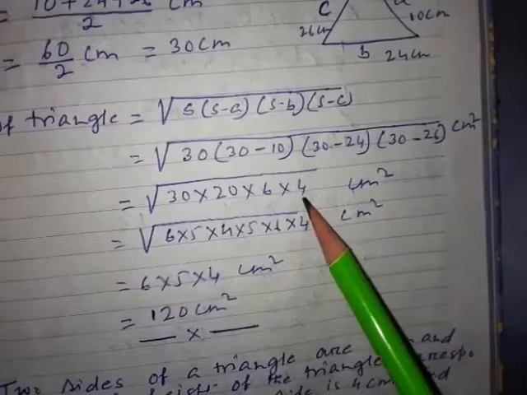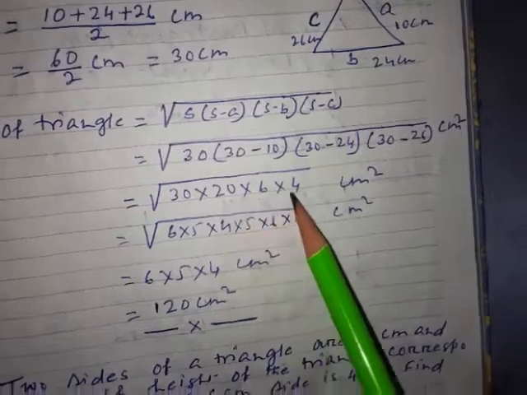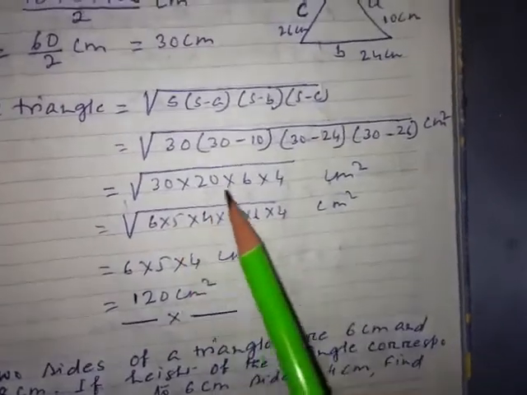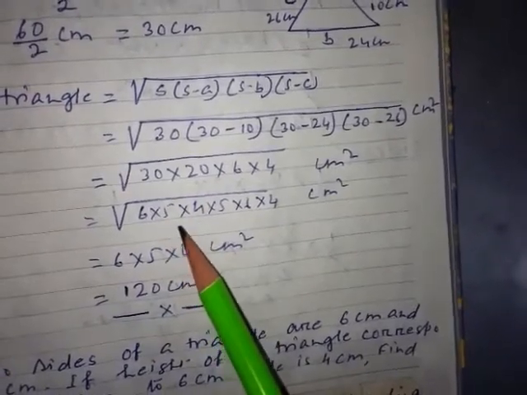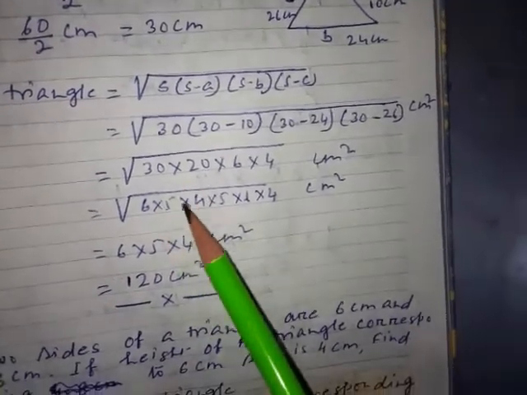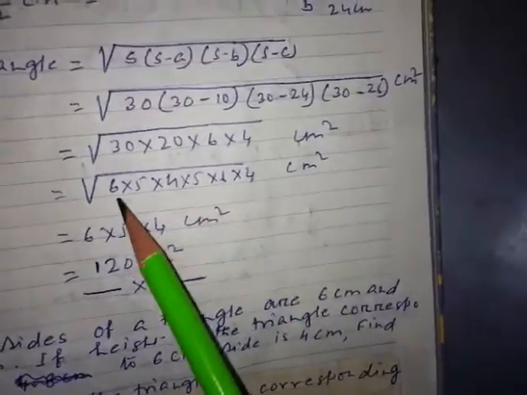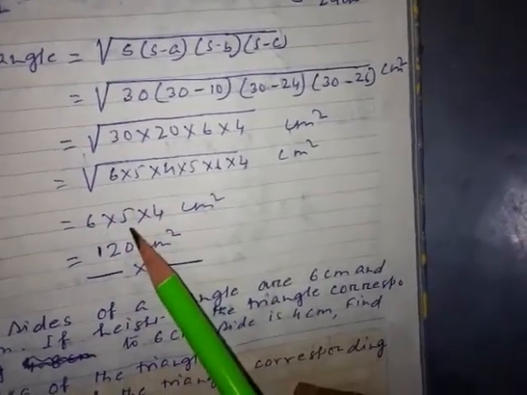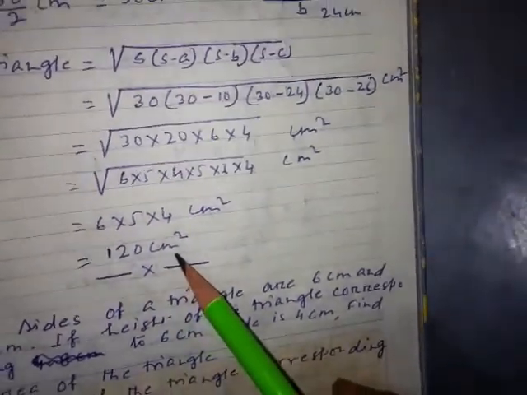And after doing the subtraction, multiplication and all, I got this answer: 30 into 20 into 6 into 4. Now what I did here, you can find out the factors of this one. So I found out the factors of this one according to my methodology, because I want the factors in pairs. So here 30 I have written as 6 into 5. You can do it by prime factors method also, there is no problem. 20 I have written as 4 into 5, 6 is there, 4 is there. Now 2 sixes are there, so 1 six comes out because under the square root sign, they are in pair. 2 fives are there, they are in pair, 1 five will come out. 2 fours are there, they are also in pair, 1 four will come out. Then if you multiply it, the area will come 120 centimeters.